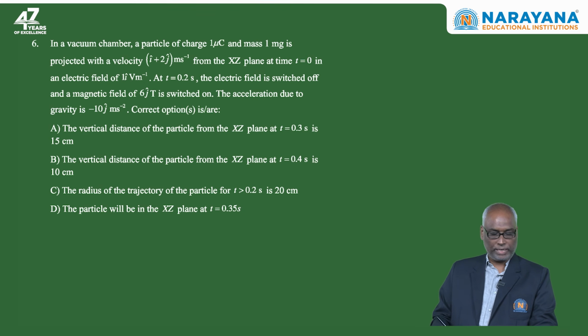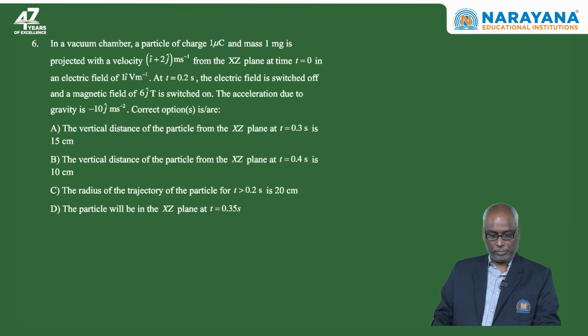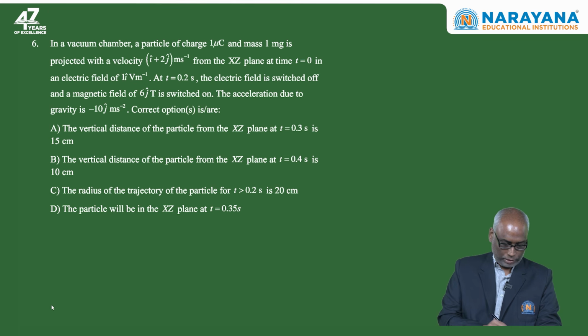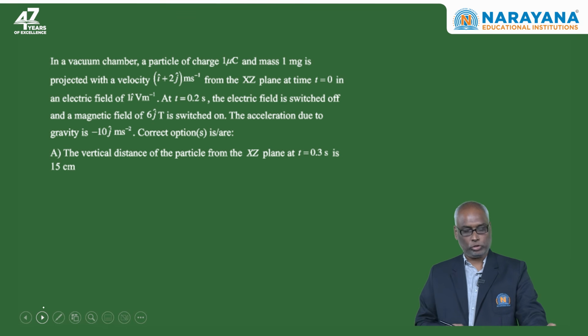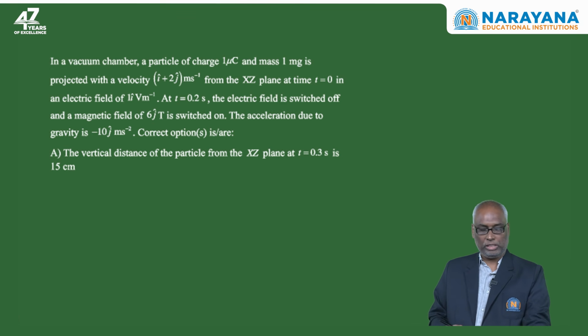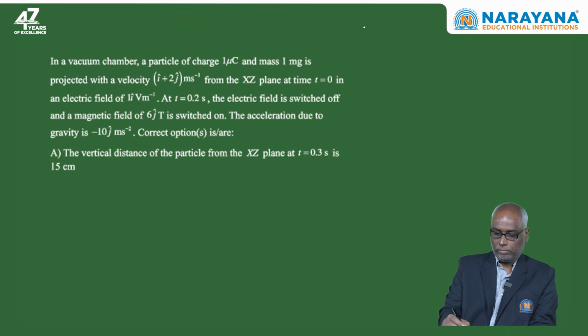The first option asks what is the vertical distance of the particle from the xz plane at time t equal to 0.3 seconds. That is what we should calculate. So, let us see how to calculate this one. This is the vertical distance we should calculate. So, how do you calculate? Initially, we will see how the particle will move up to 0.2 seconds where the electric field is acting. So, for 0 less than or equal to t less than or equal to 0.2 seconds,